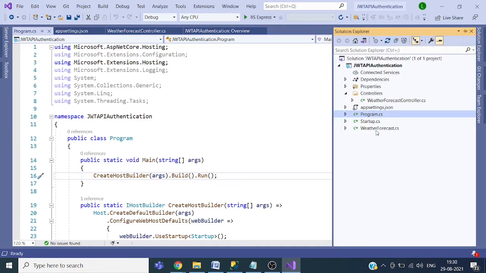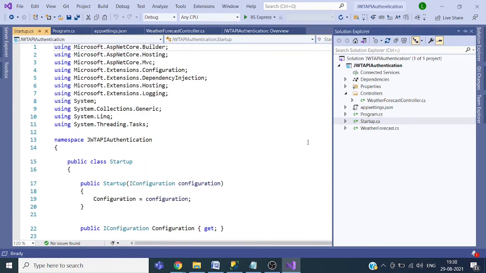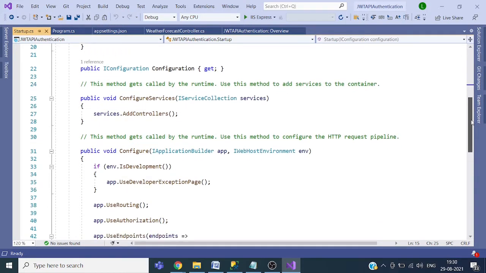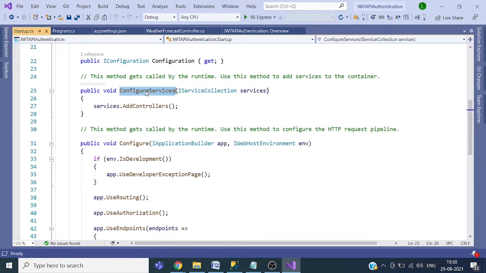And it will run the application as a web application. And we have two methods which are called by the runtime. First of all we have ConfigureServices. It will be used for adding the support of Entity Framework, or whatever functionality we need in our application. Like if we want to use session, then we can configure it here. If we want to use Entity Framework, then we can configure it here. So everything we can customize using ConfigureServices.